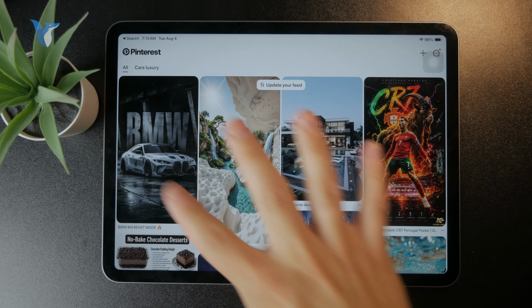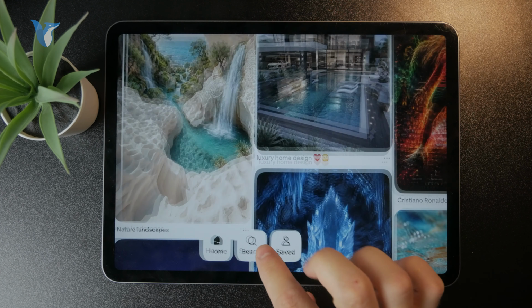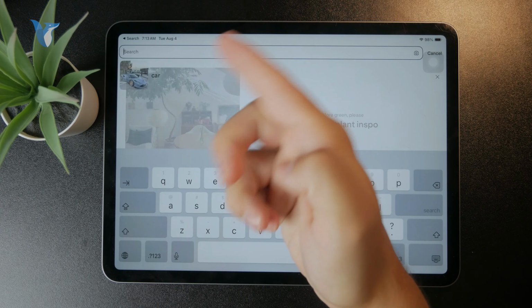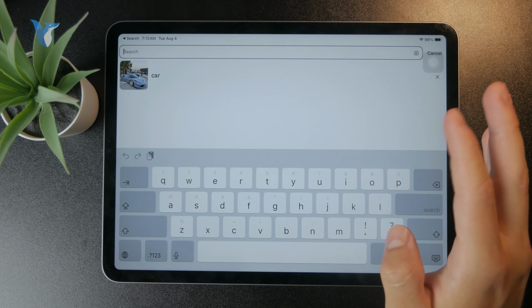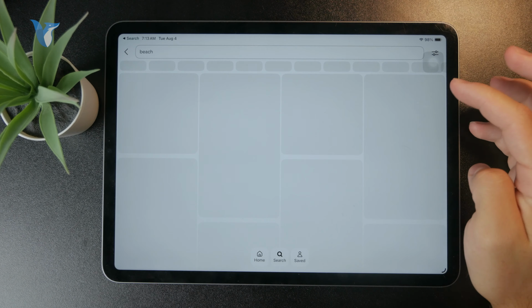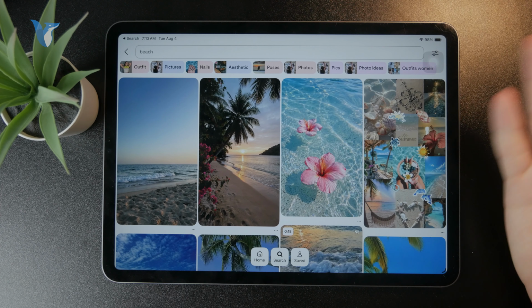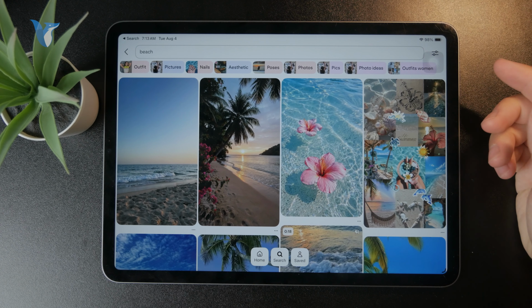So as you can see, I have some pictures, and in here below I can see the little search icon which I can tap on. Now we switch over to the search mode and you can see some things which you might like, but here is the search field, so I can type something specific in here, for example beach, right? I can look that up and you can see that these are the images which match my search phrase,